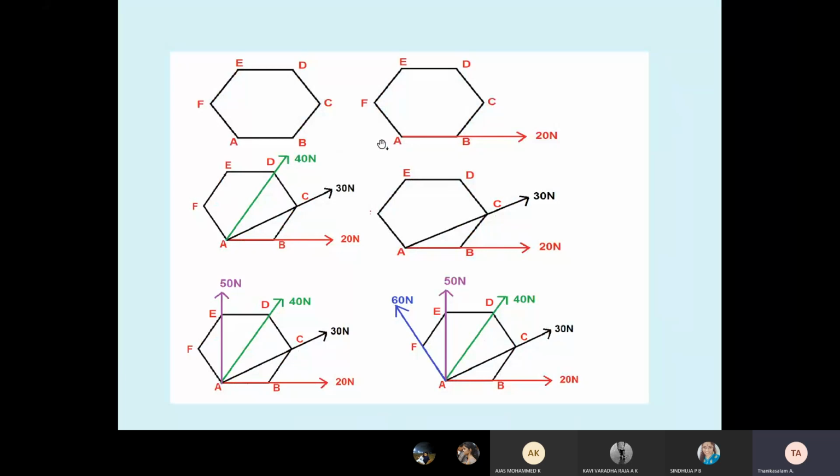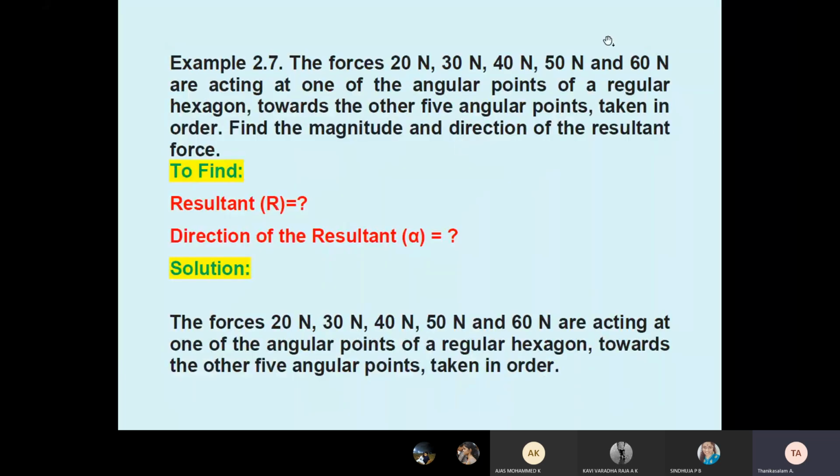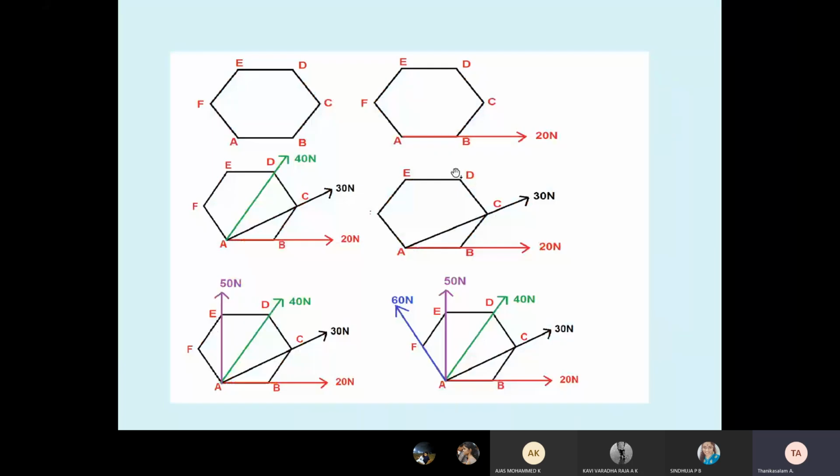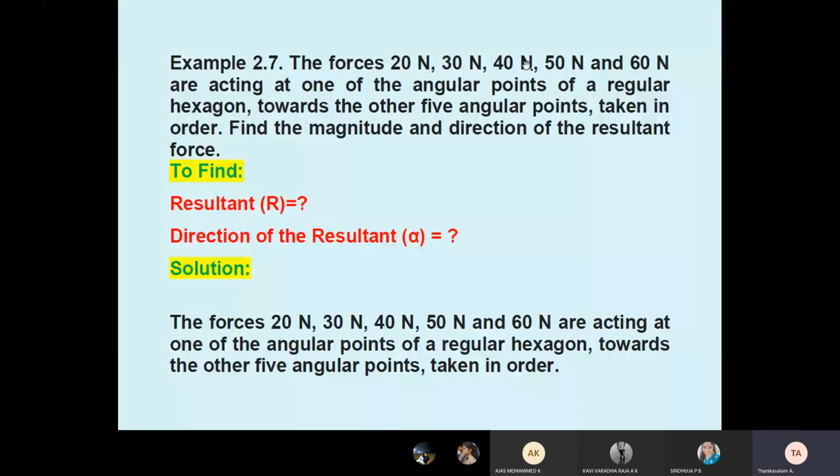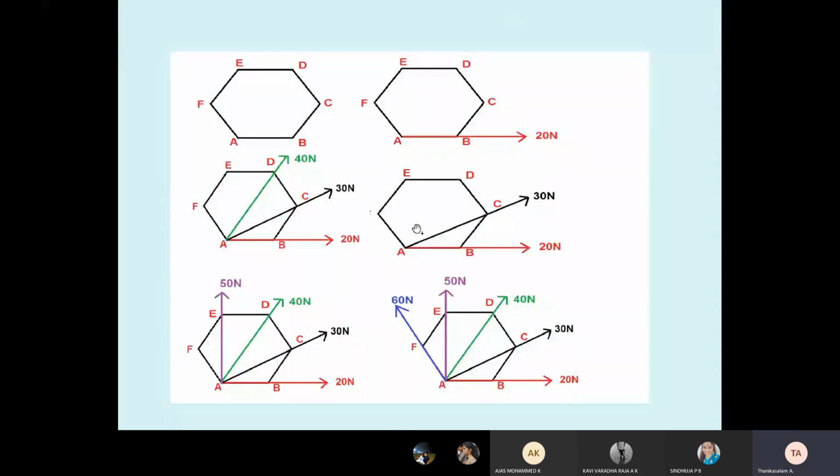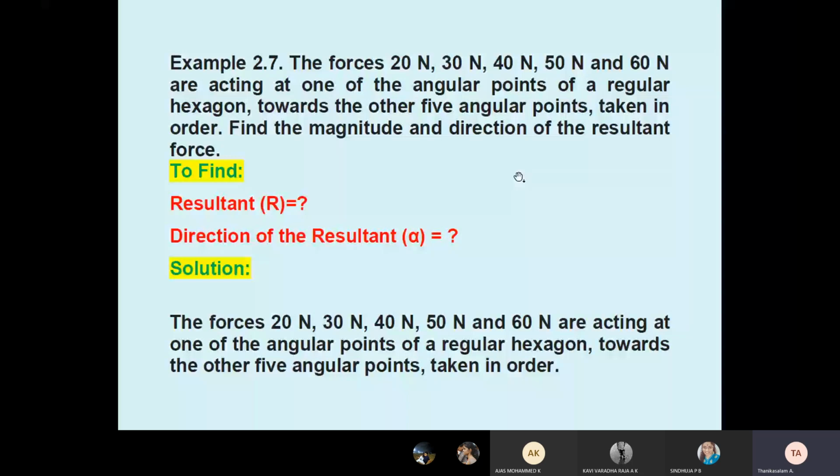So 20 Newton goes to another point, that is point B. I projected it like this. The second force, 30 Newton, goes to the third point C, from A to C. Therefore A to C, 30 Newton. Then 40 Newton, A to D. And 50 Newton, A to